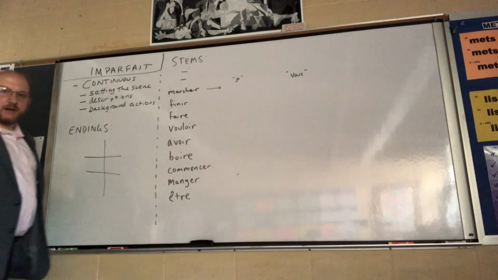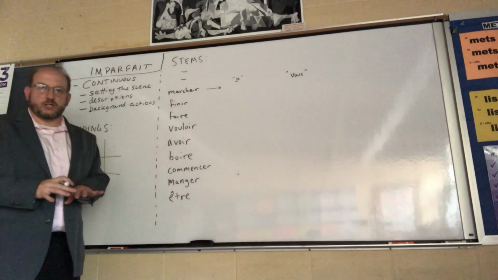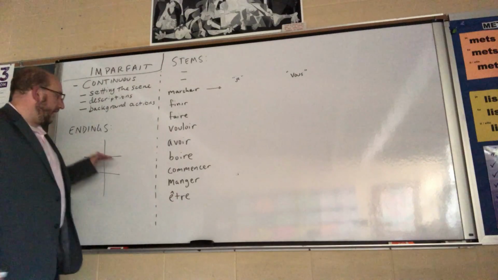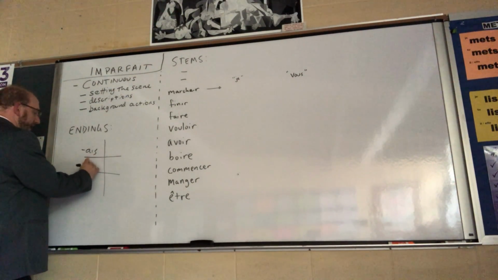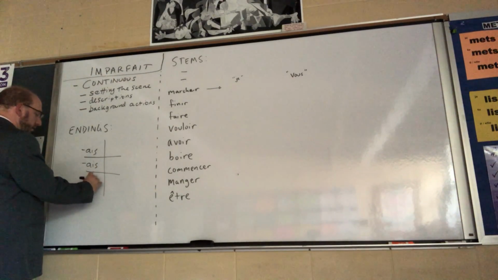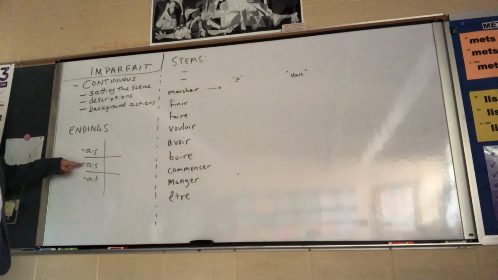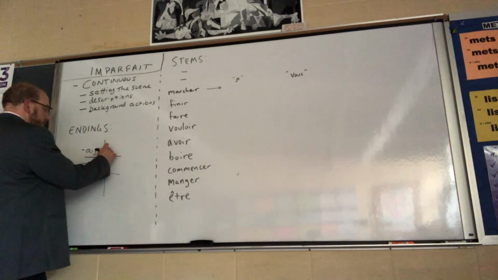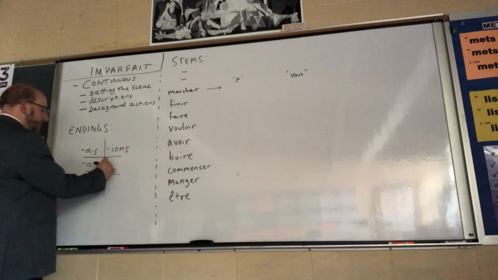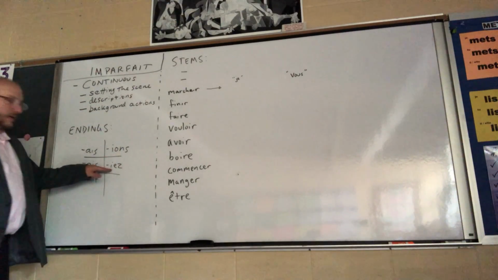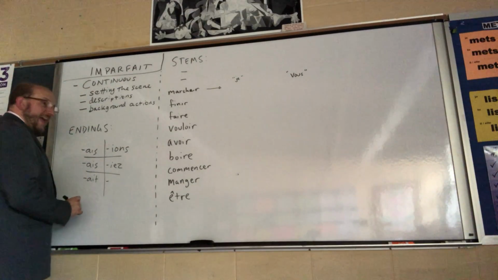Now, the endings of the imparfait, this is actually extremely simple. It's one of the most simple verb tenses to conjugate, because all you need to know is that your endings for all verbs are the following. This is the je, the tu, the il, elle, on. You have AIS, AIS, AIT. The nous is ions, so you add an I to the ons. The vous is iez, so you add an I to the ez. And the third person plural, ils, elles, is